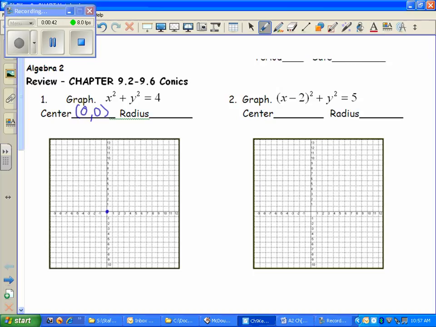And I'll plot the center at 0, 0. The radius is found by square rooting the number on the right side. Square root of 4 is 2, so the radius value is 2. That means we would go 2 to the right of the center, 2 above the center, 2 to the left of the center, and 2 down from the center. And we would create our circle